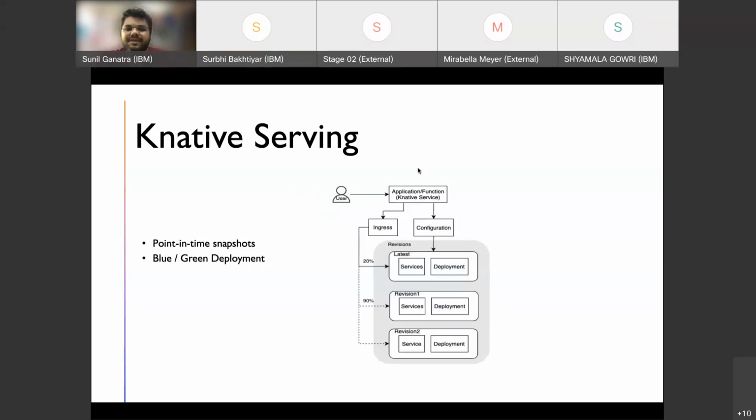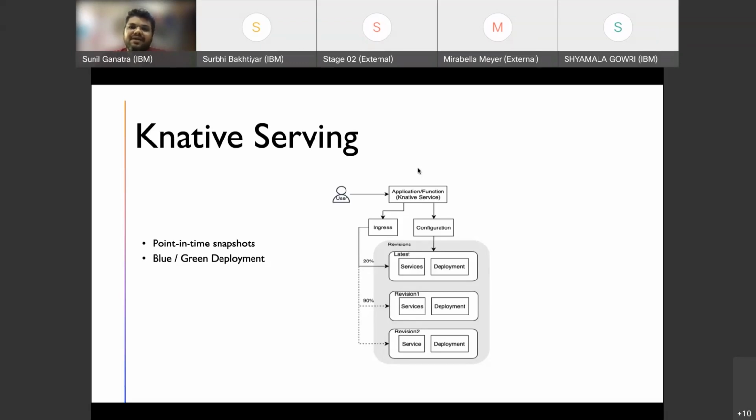Now, the other problem: if you want to roll out frequent code changes of your application, in that case, Knative serving comes in handy when you want to do a blue-green deployment, where let's say I'm rolling out new code and I have deployed it, but I want to test it in the production system itself.